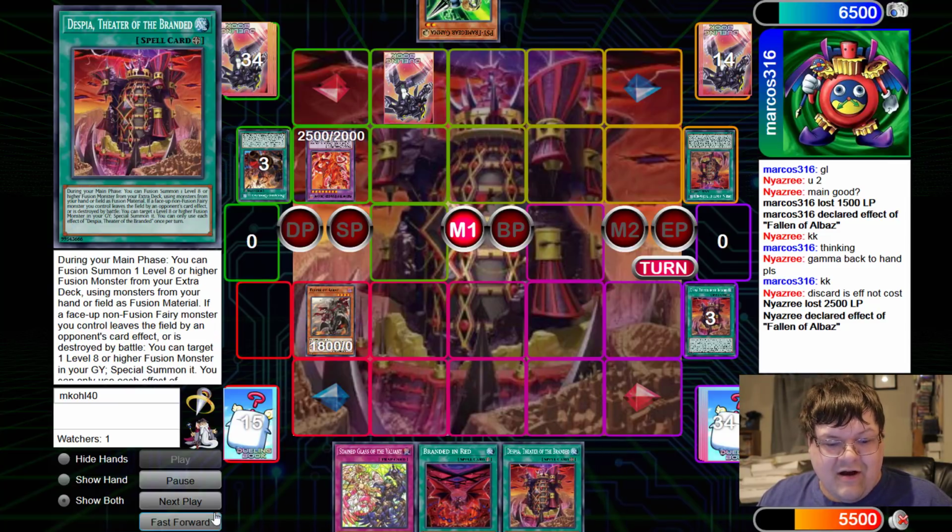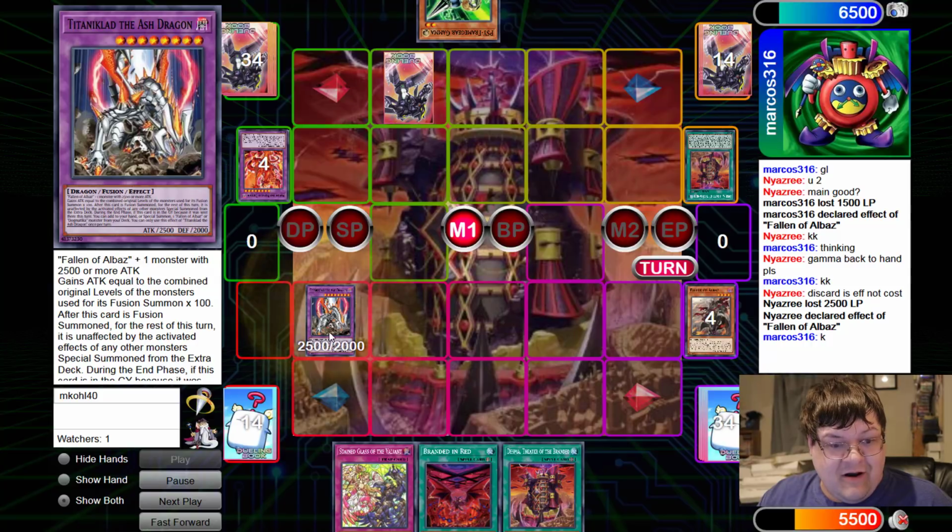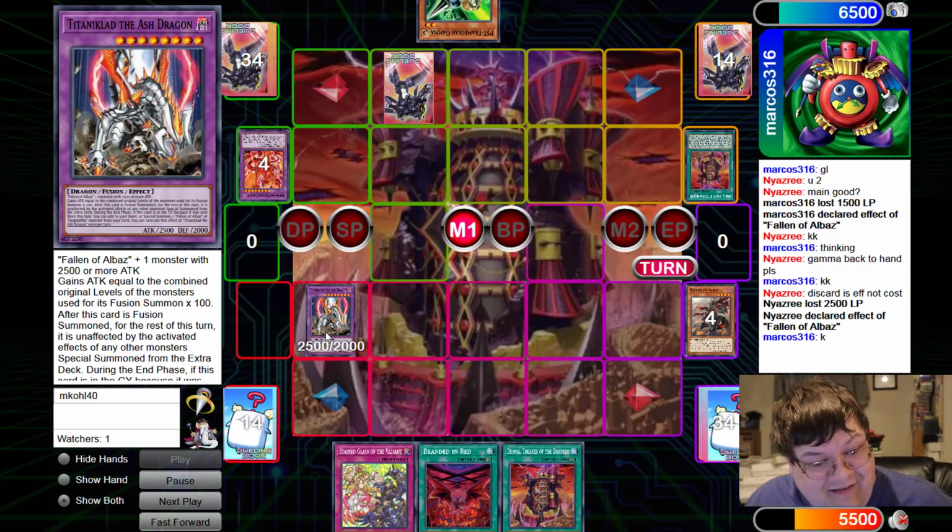We're going to yeet this Theater out of our terrible hand. Alright, what do you want me to do, man? We're going to make... we hard summon Titanclad. Alright, so this thing gains attack equal to the combined monsters' original levels times 100,